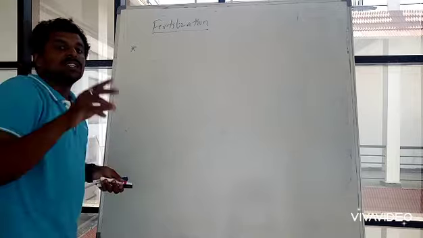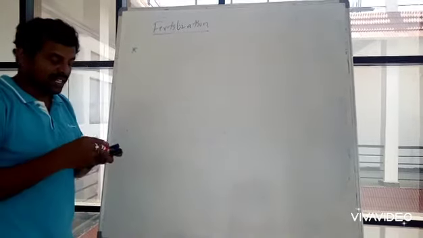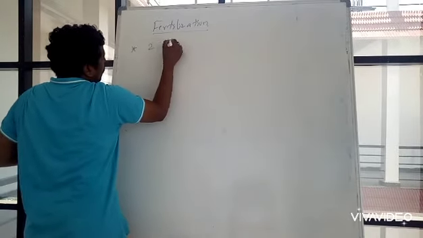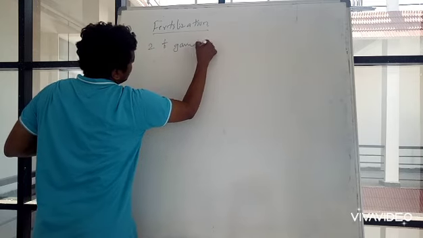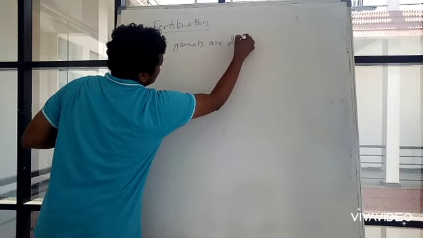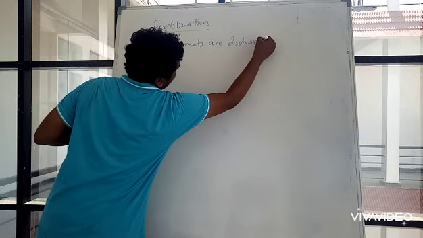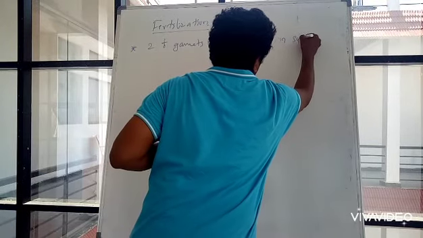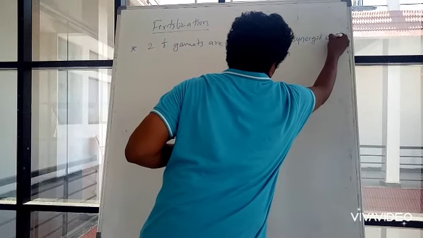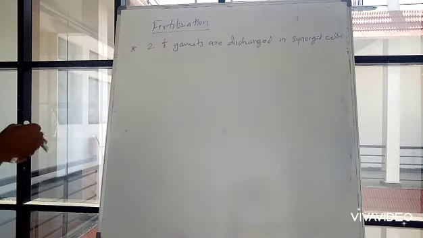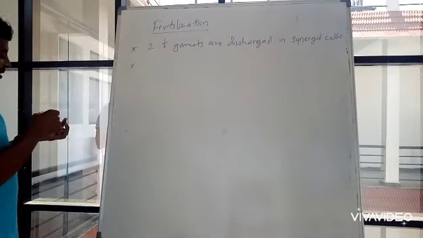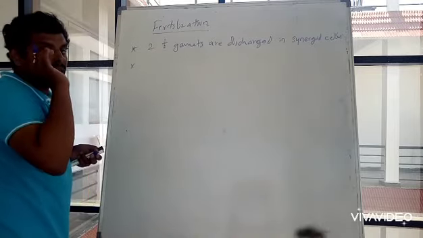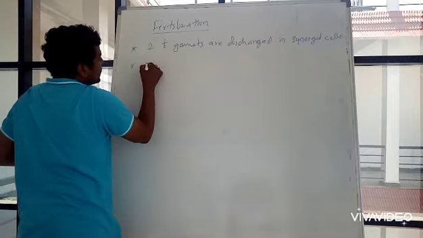The last point is that the two male gametes are discharged in the synergid cells. Right. So once two male gametes are discharged in synergid cells, you might remember that these synergid cells have